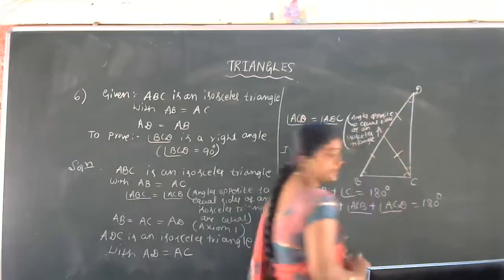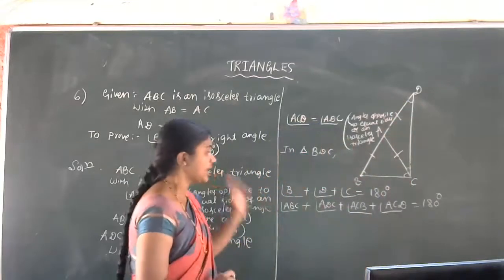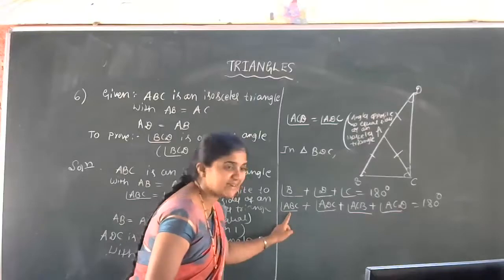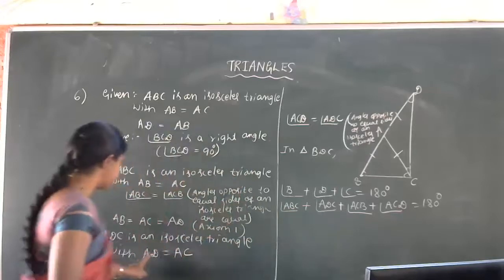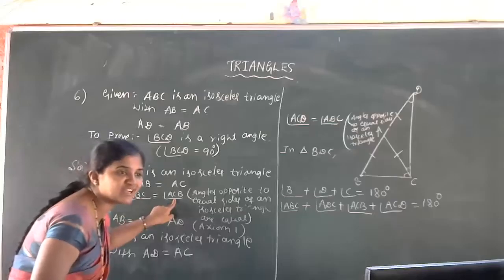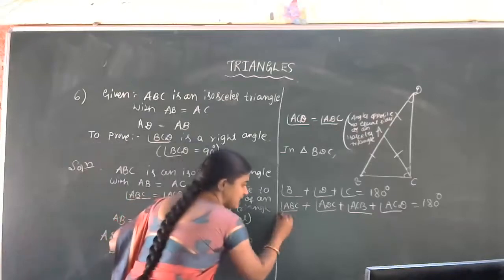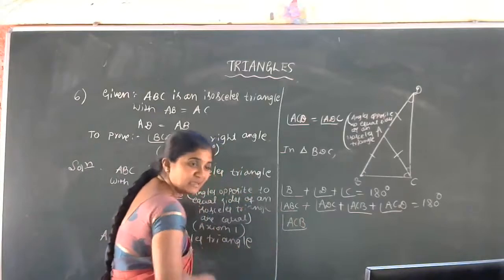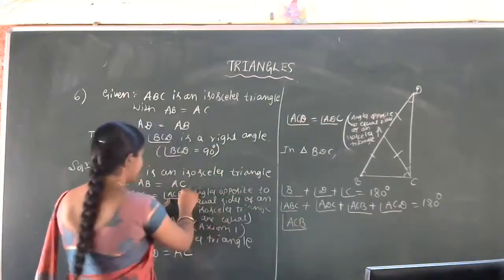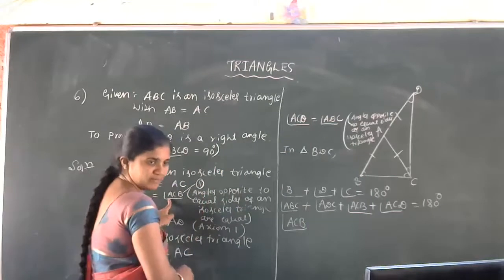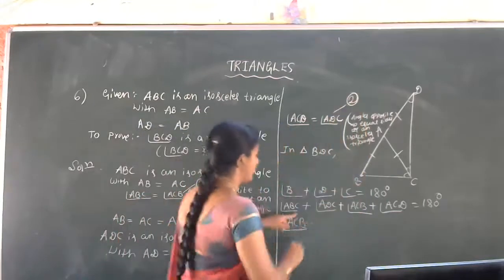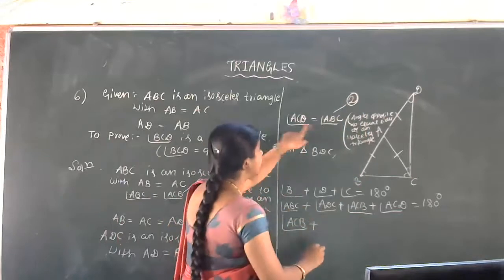Then C is divided into 2 parts, ACB and ACD. So applying the angle sum property here, ABC is equal to ACB, equation 1. ADC is equal to ACD. Then ACB plus ACD as it is. Here we are observing that 2 ACB plus 2 ACD is equal to 180. Remove that 2 as a common factor: 2 times ACB plus ACD is equal to 180. Then ACB plus ACD is equal to 180 by 2.